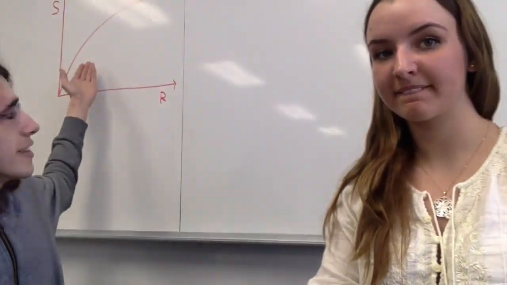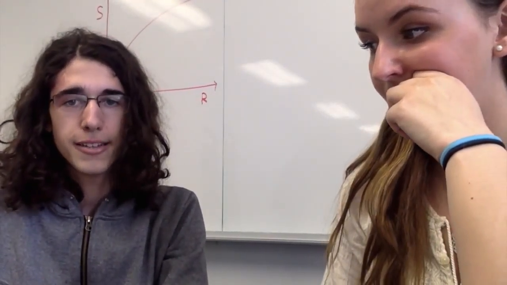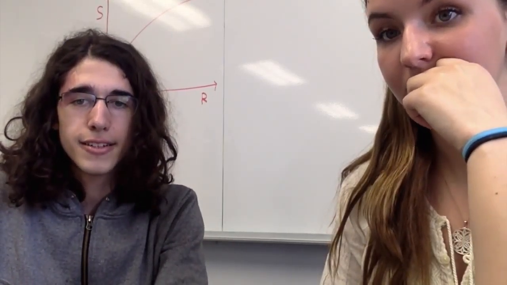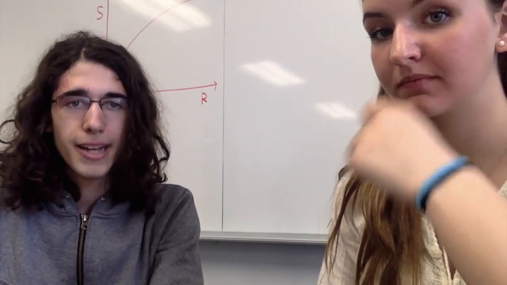What will actually change the velocity of the object is the radius at which the object is turning. In fact, the relation between the radius and the velocity of an object, if the centripetal force remains constant, is this square root function here. So we know that the equation for centripetal force is Fc equals m times the speed squared divided by the radius. So if the centripetal force were to remain constant, if the denominator got bigger, the numerator also has to get bigger. And we know that the mass is constant, and the speed is squared, so the actual value of the speed doesn't have to increase as much as the radius does,